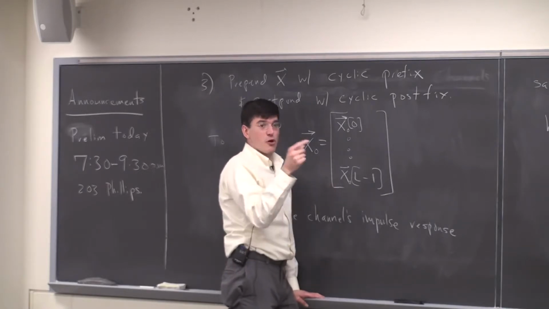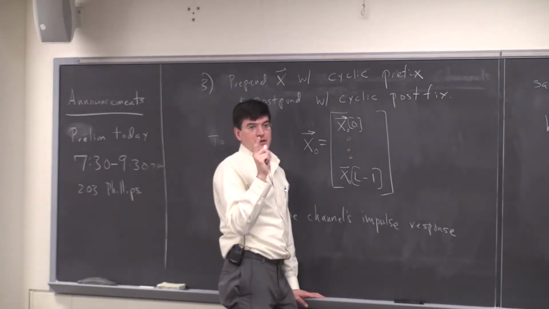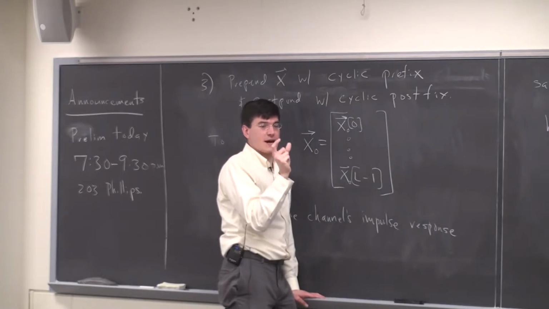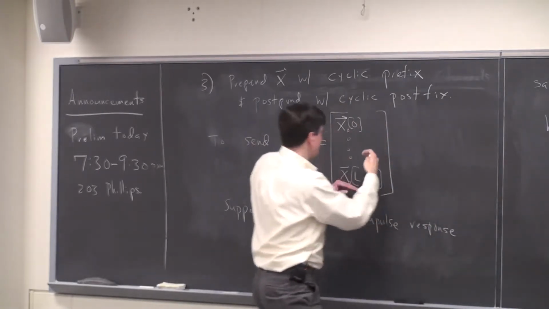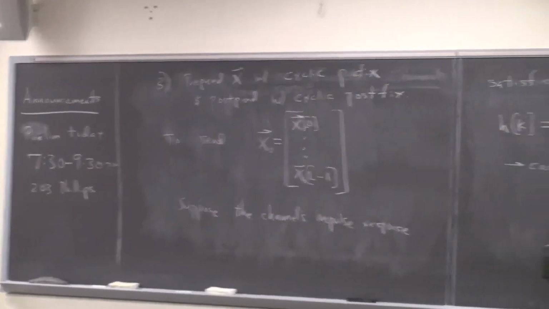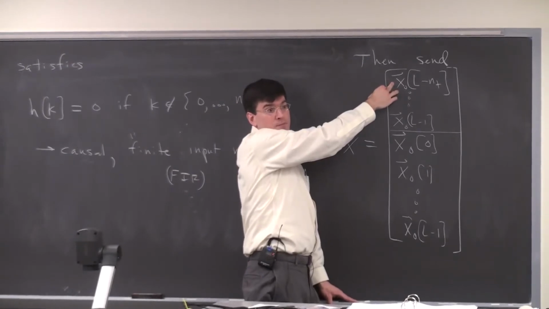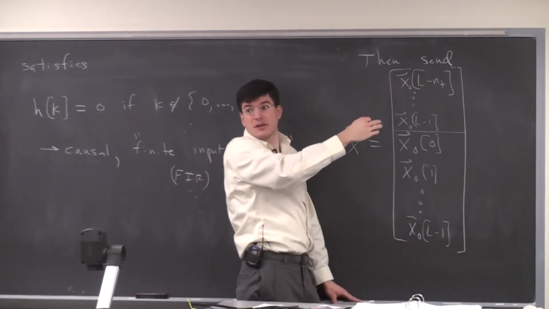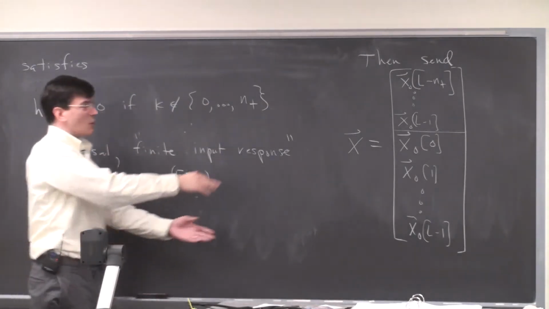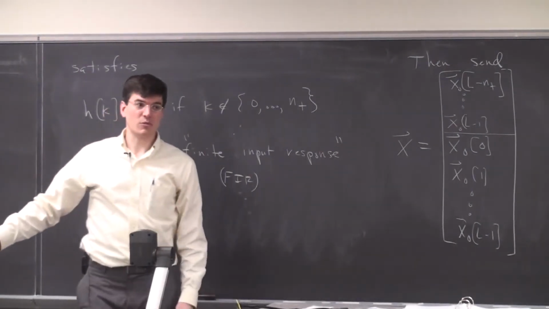Because there's a cost to our little trick. We're using more airtime, to use wireless terminology. We're using the channel for a longer period of time than we were before. If I just sent this, I would use L samples, but because I use this, I actually use L plus N plus samples. So I'm using the channel for longer, and I'm taking a rate hit. If I send 100 bits, I'm sending 100 bits over this larger number of samples as opposed to this smaller number of samples. So my rate's lower than what it would otherwise be.